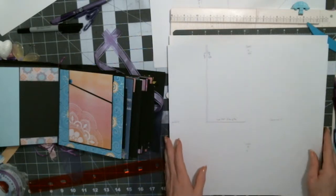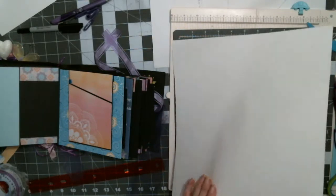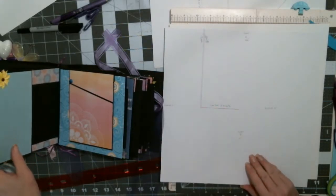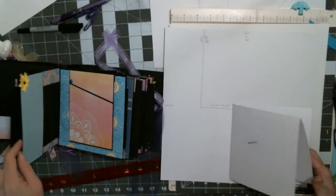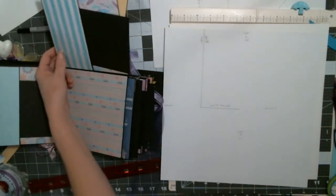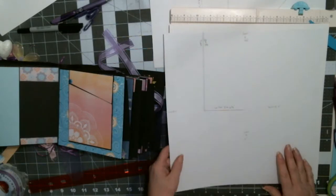Alright, page 4. We have our diagram. We need a 12 by 12 sheet of paper, and we have our book. So for here, this back side gets attached to page 3. Then you have a pocket, you have a flip, and then you have a pocket. So what you're going to need to do